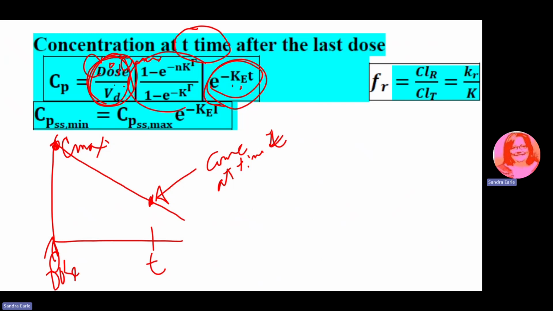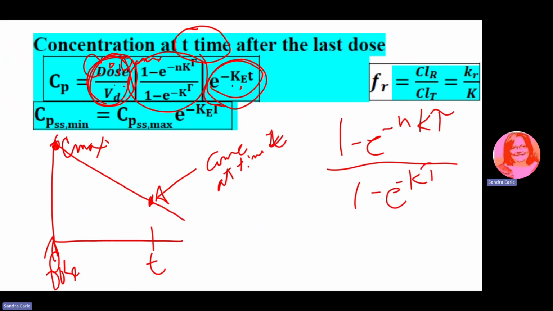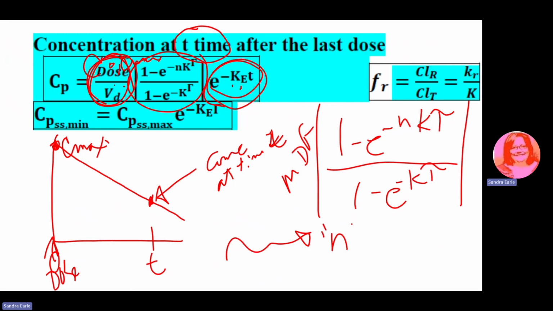But what's this piece stuck in here? What does this mean? 1 minus e to the negative n k tau over 1 minus e to the negative k tau. This is our multiple dosing function. At least that's what I call it. And this is a magic carpet ride to the nth dose. So whatever number you put in here for the number of doses, this is giving several IV boluses time after time,